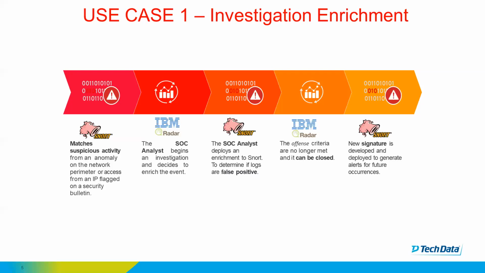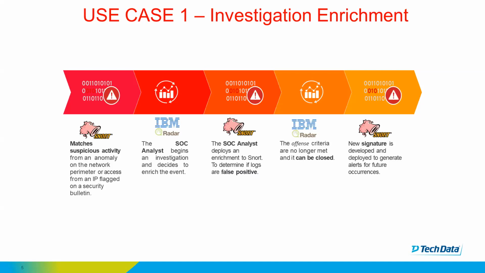What we have in our environment is just a small little network. We have a firewall. We have a Snort IDS system. We have QRadar, and we have a security operations center, amongst other things. That's part of our security infrastructure. So for our investigation enrichment use case,